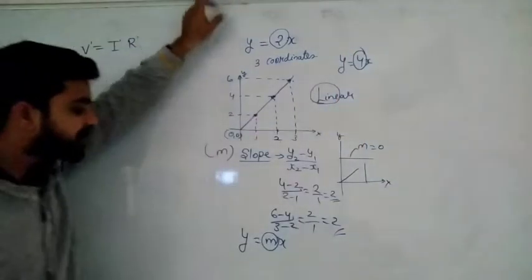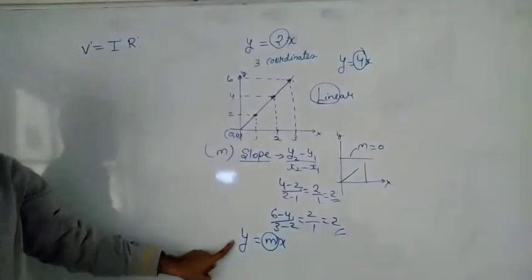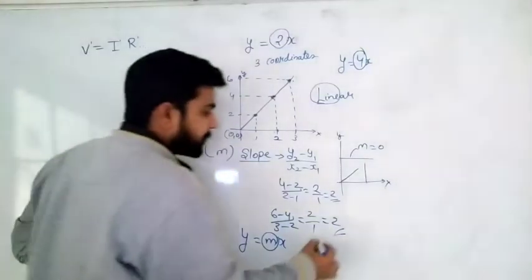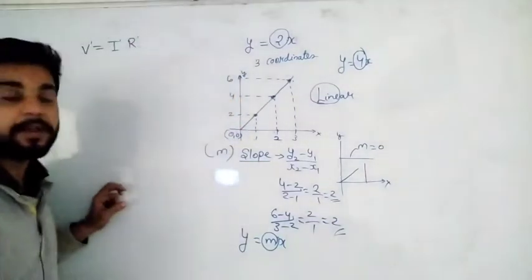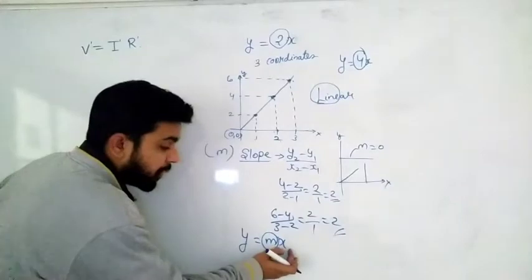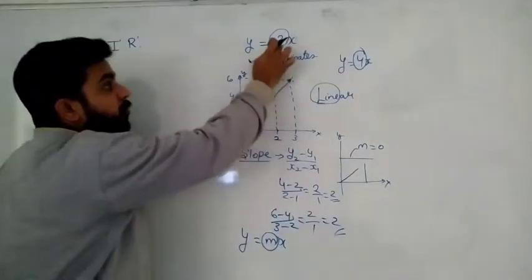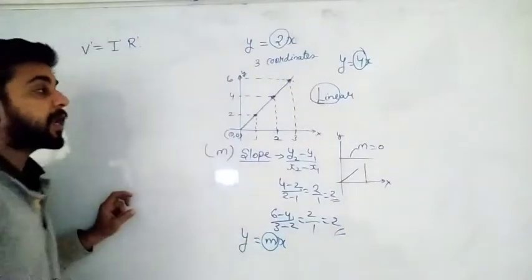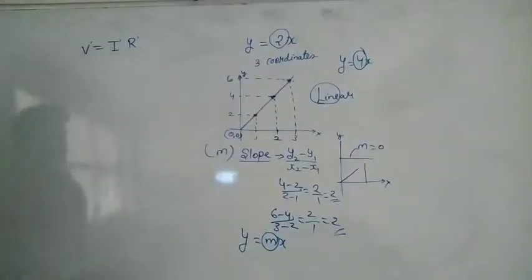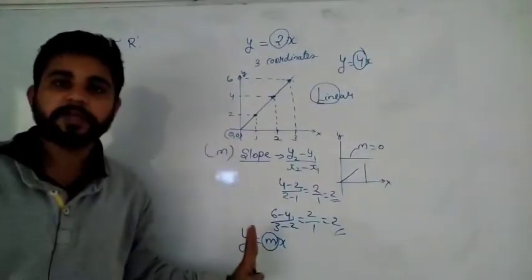So in general, this is one equation of maths, beta: y is equal to mx. You should remember it very, very well, where y and x are variables and this m is a constant or coefficient of x, and this coefficient is equivalent to the slope of the particular graph. I hope you understand these things very, very well, beta, first of all.